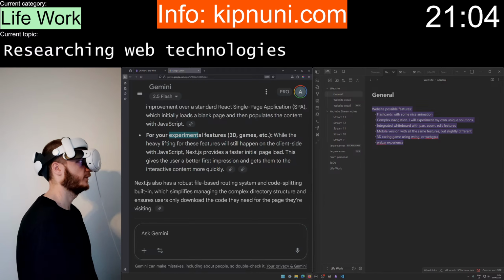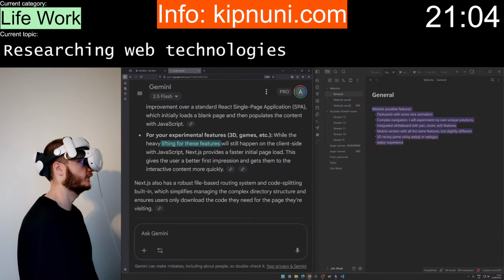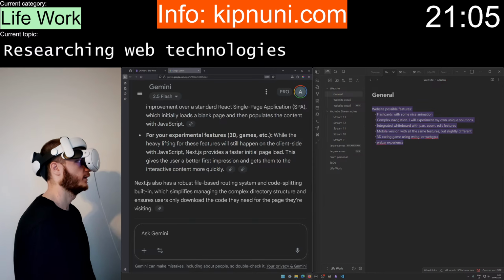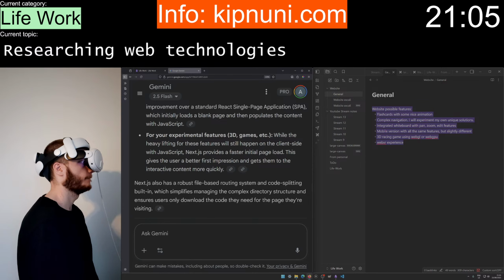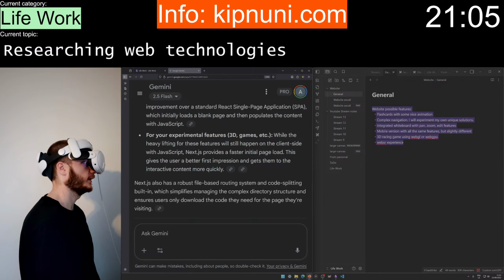For your experimental features, 3D games, while the heavy lifting for these features will still happen, faster initial page load. Interactive content more quickly.